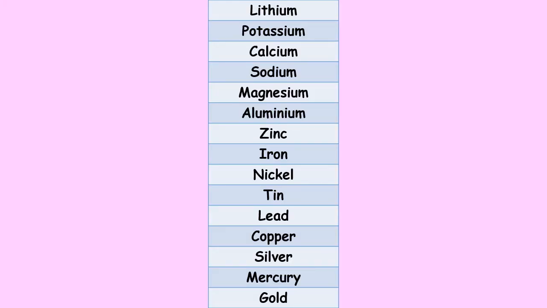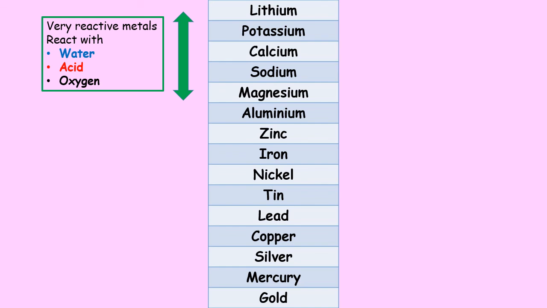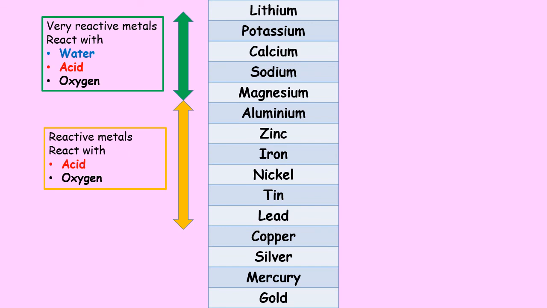Now, to summarize, this is the list of metals, the reactivity series, found at the back of your data booklet on the final page. Now the metals at the top, lithium, potassium, calcium and sodium, can all react with cold water, acid and oxygen. Magnesium can react with hot water, acid and oxygen. The next block of metals, from aluminium down to lead, those are metals that are reactive, but they can only react with acid and oxygen. We then have